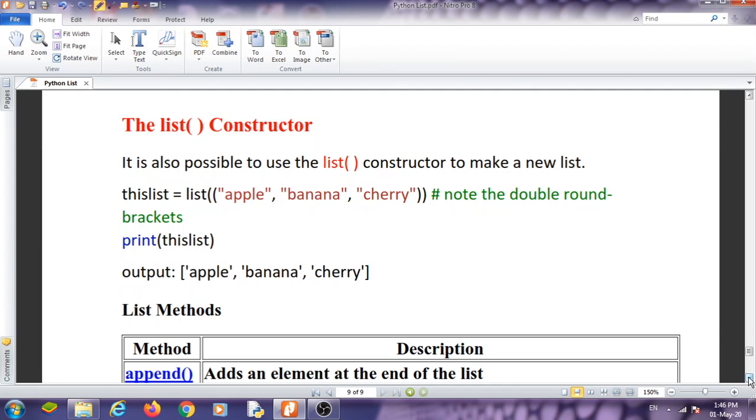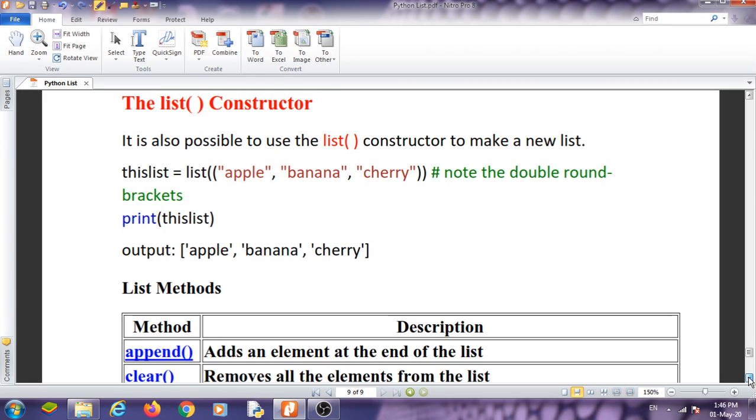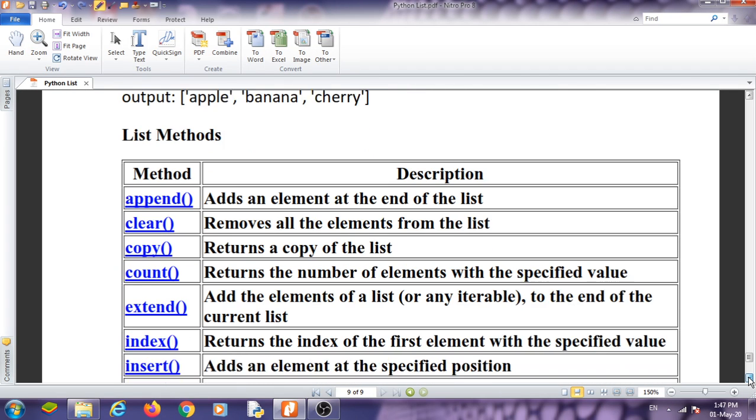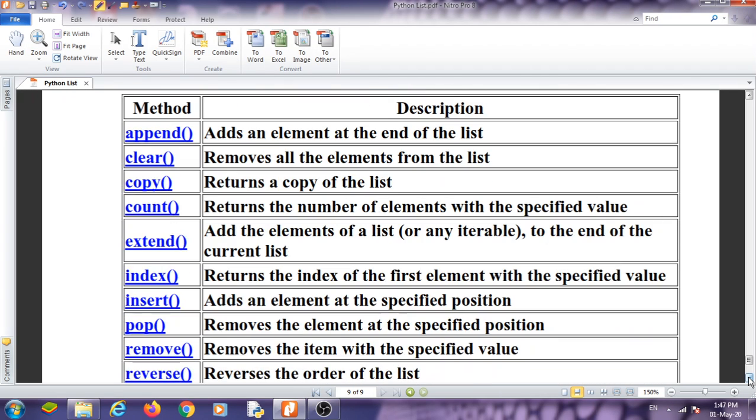And this is also the list constructor, which we have already learned. We can use the list function to create a list from any sequence. So here is a summary of the functions which we have used. Append function, clear function which clears the elements, and copy which copies one list to another.